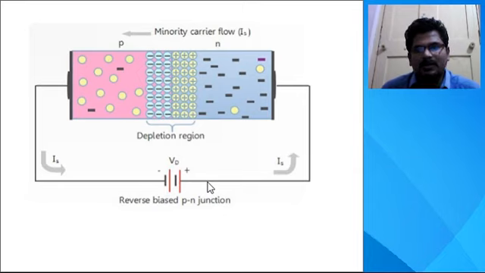In reverse bias, the saturation current value is very low. It will be in microamperes, but in forward bias the units for diode current are milliamperes. Always remember this point. So the diode will be in the switched off position in reverse bias, and in forward bias the diode will be in the switched on condition.